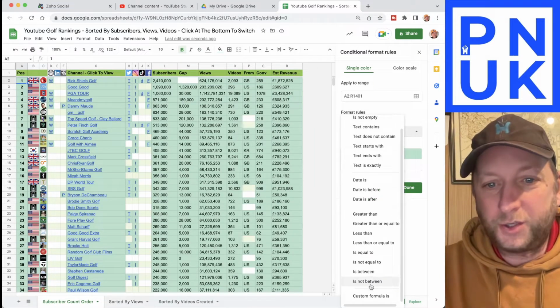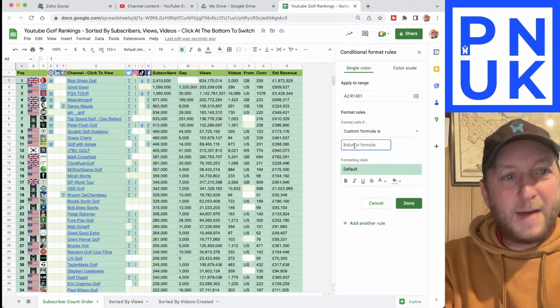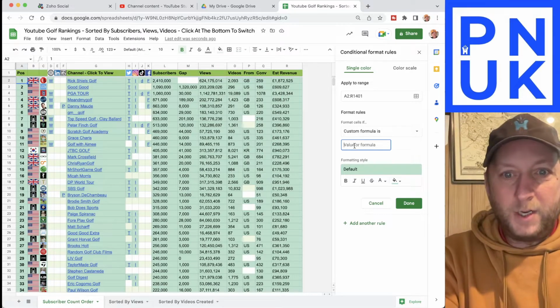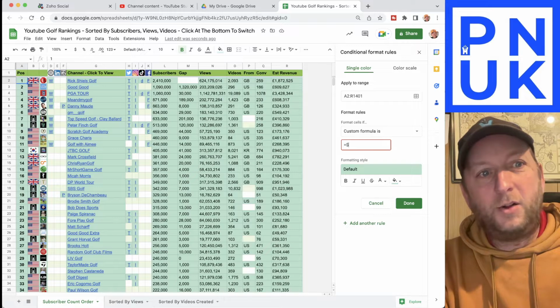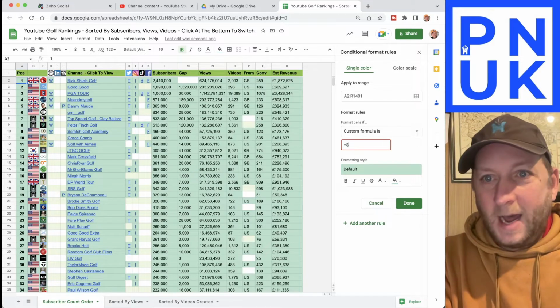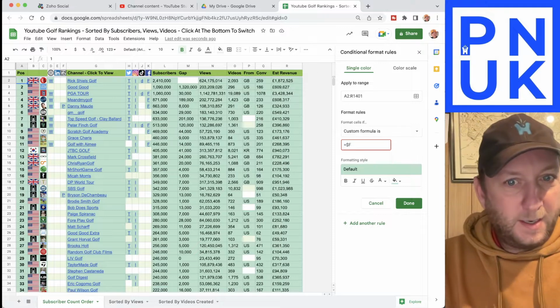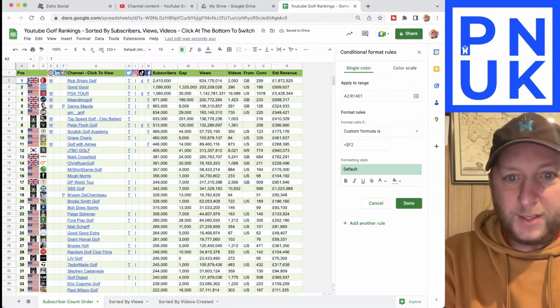We want custom formula is, and then in here, this is the magic. And thanks to the people that I found this on, obviously I Googled this. We're going to do equals the dollar signs. That locks it in all the way down the column. I'm going to use column F. So if there's anything in column F2, I'm going to say,